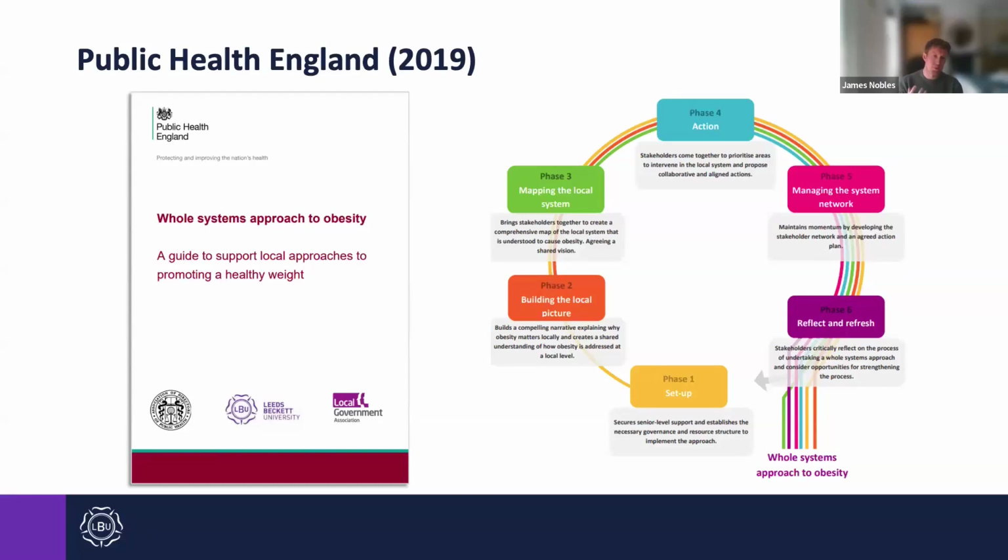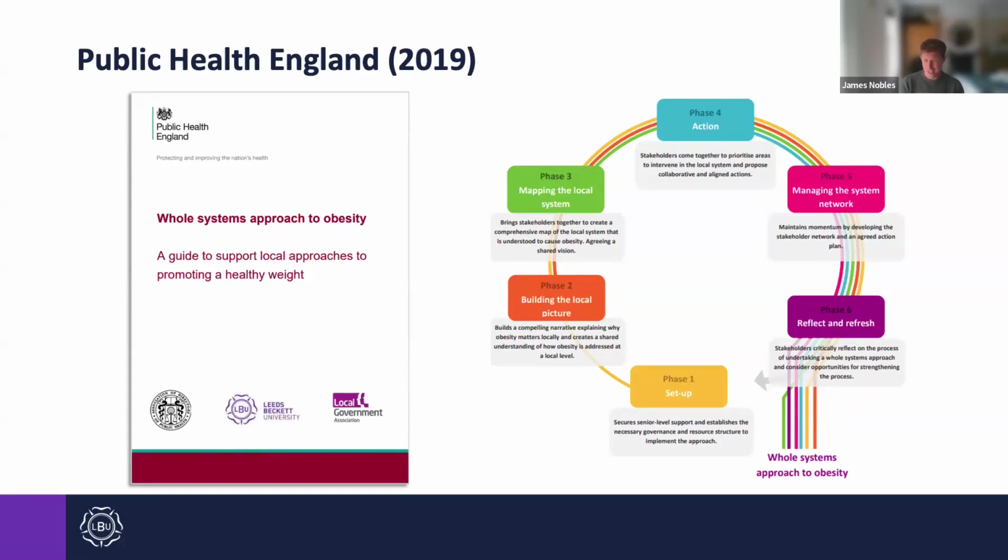But the way in which we had to pitch this and frame it was so that it could be taken up and adopted by lots of local authorities, or those who are working in local public health policy. And it included 6 different phases, which I guess helps people go from the very beginning in terms of just understanding what a systems approach might be, through to then working through these 6 phases, which goes from, and I'll talk through a few of these in a little bit more depth,